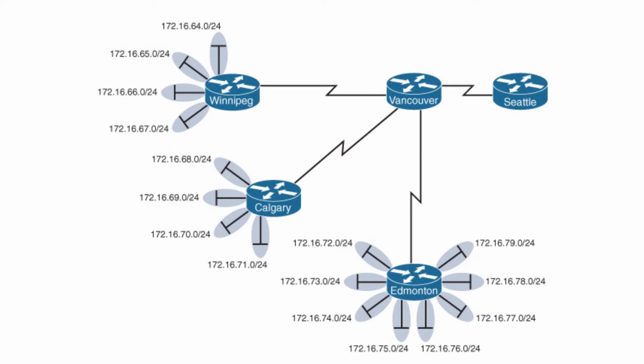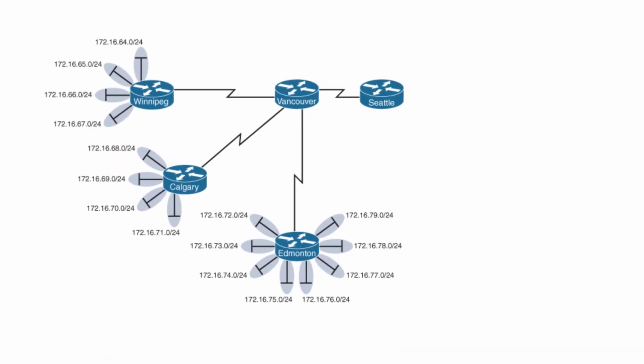To do this, you need to look at the routes in binary to see if there are any specific bit patterns that you can use to your advantage. What you are looking for are common bits on the network side of the addresses. Because all of these networks are /24 networks, you want to see which of the first 24 bits are common to all 4 networks. You see that the first 22 bits of the 4 networks are common. Therefore, you can summarize the 4 routes by using a subnet mask that reflects that the first 22 bits are